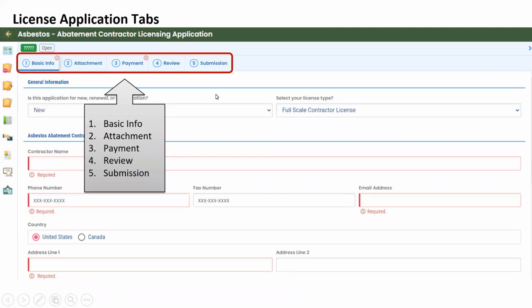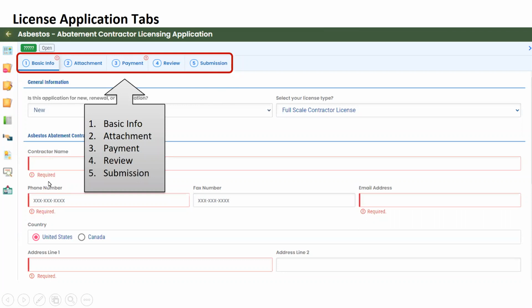So what does this all look like? Again, there's the basic information tab, attachment tab, payment, review, and submission. These are going to be standard across the board. Every time you come in to submit an application, this is going to appear the same. These little exclamation marks are because there are required fields, and before you can go to the submission tab and submit your application, you have to make sure that all of those fields are cleared.